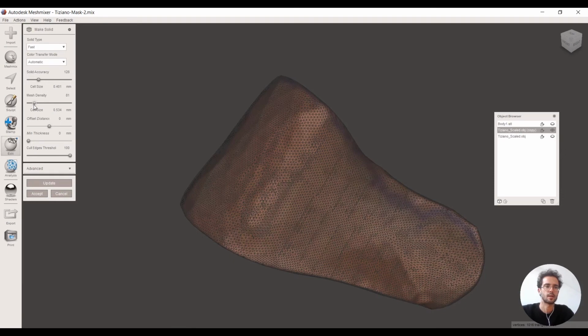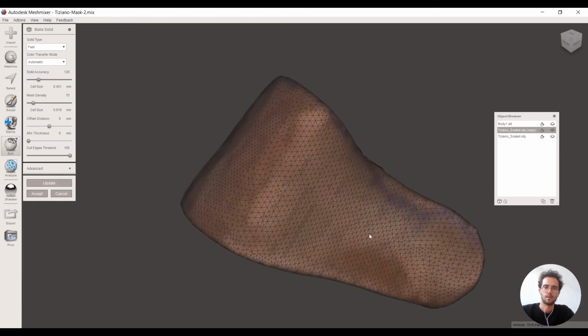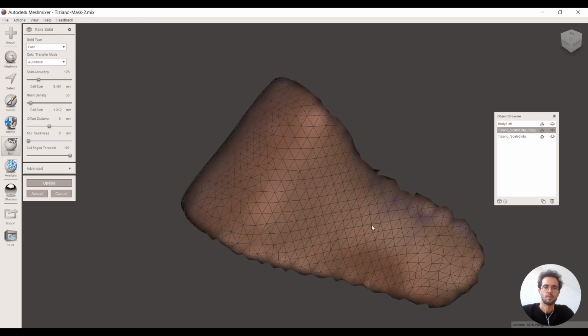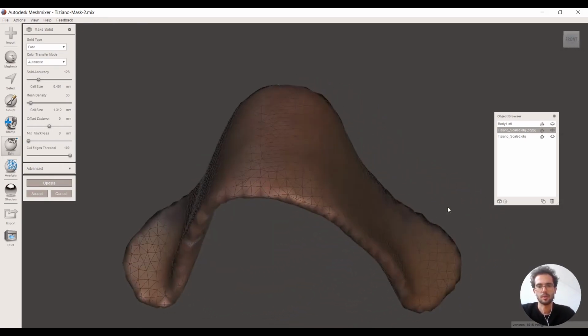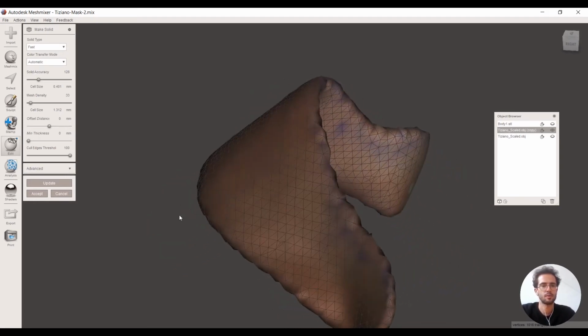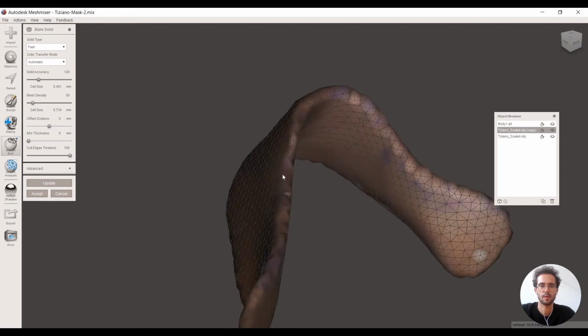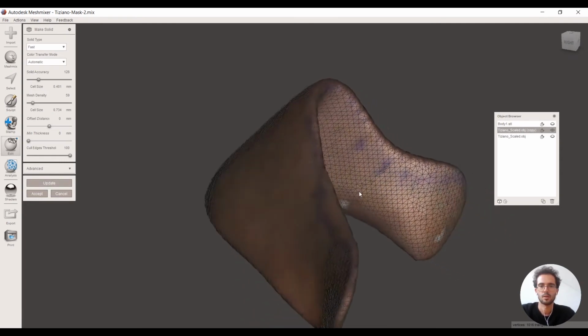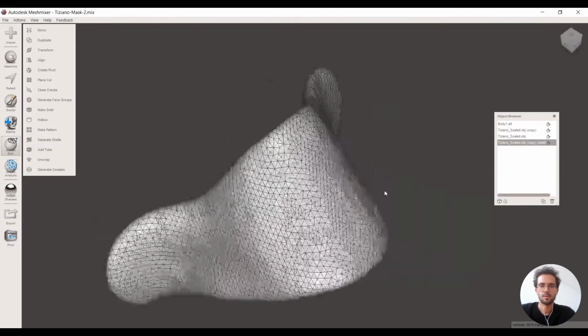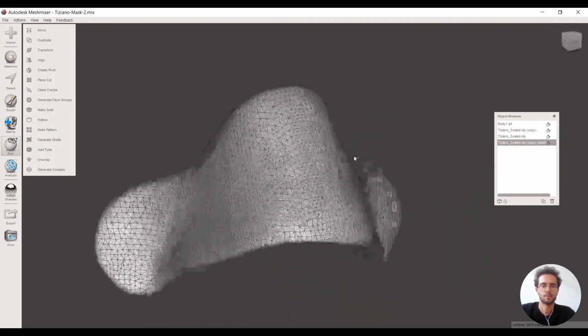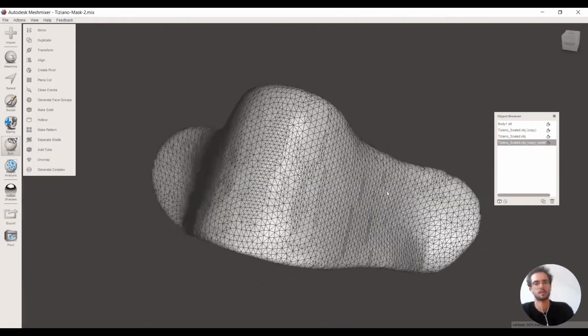So I can decide the mesh size, update. Okay, something like that I think will work good. Maybe just a bit more resolution to get more detail in the edge. Okay, that's fine. Accept. As you see, we have lost the resolution, the mesh, the texture on top of it,